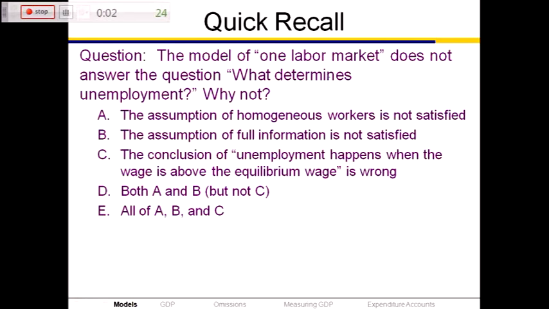Push there, double clicked. The model of one labor market does not answer the question of what determines unemployment. Why not? A, the assumption of homogeneous workers is not satisfied. B, the assumption of full information is not satisfied. C, the conclusion of unemployment happens when the wage is above the equilibrium wage is wrong. Both A and B, or A, B, and C. A, B, C, D, or